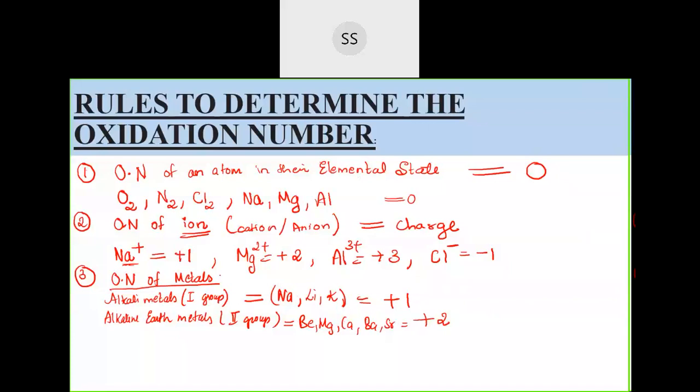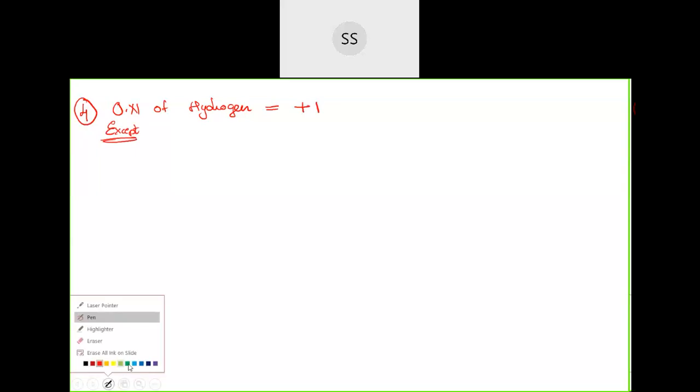Okay. Next, I will go for the next rule after this, the fourth one. If they are hydrogen, the oxidation number of hydrogen. Hydrogen, I said most of the time, will be associated with the electronegative element. So then their oxidation state will be plus 1, except when they are present with a metal. Like, for example, except when they are with a metal.